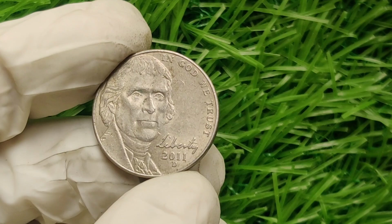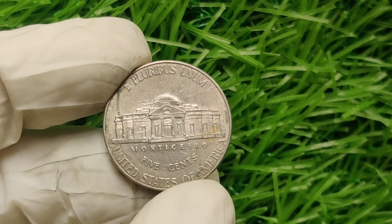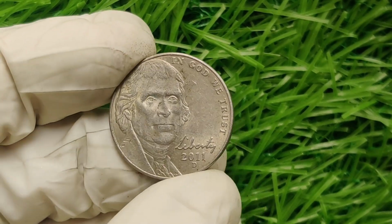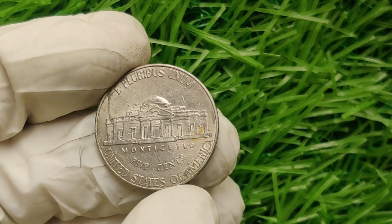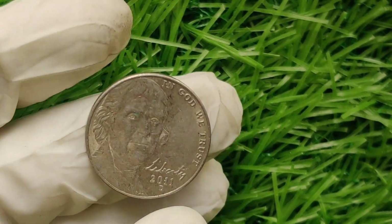Today, the market for rare and error coins is hotter than ever. Coins like the coiin Jefferson nickel continue to make headlines, pushing the value of similar coins higher. In fact, since the $4.2 million sale in 2018, other coiin Jefferson nickels with similar errors have been selling for hundreds of thousands of dollars. Even though finding one of these error coins is exceedingly rare, the price reflects the growing interest and value in